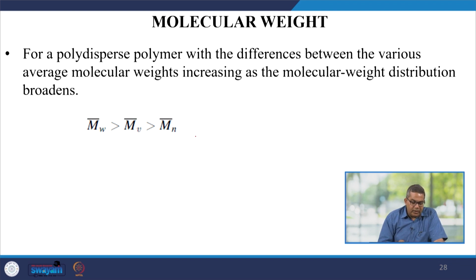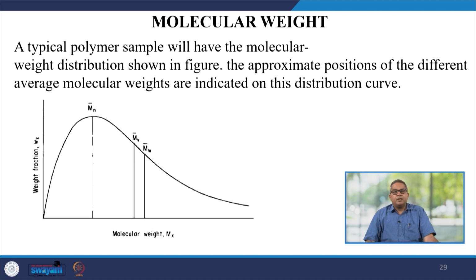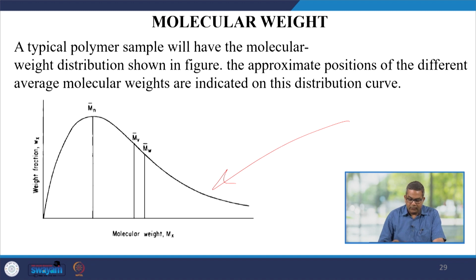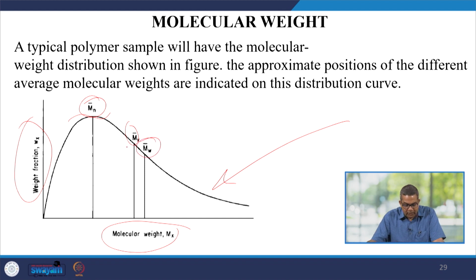So, the weight average molecular weight is greater than the viscosity average molecular weight, which is also greater than the number average molecular weight. A typical polymer sample will have a molecular weight distribution as shown in the figure, and the approximate positions of the different average molecular weights are indicated on this distribution curve. You see the weight fraction and the molecular weight. The maximum approaches the number average molecular weight,